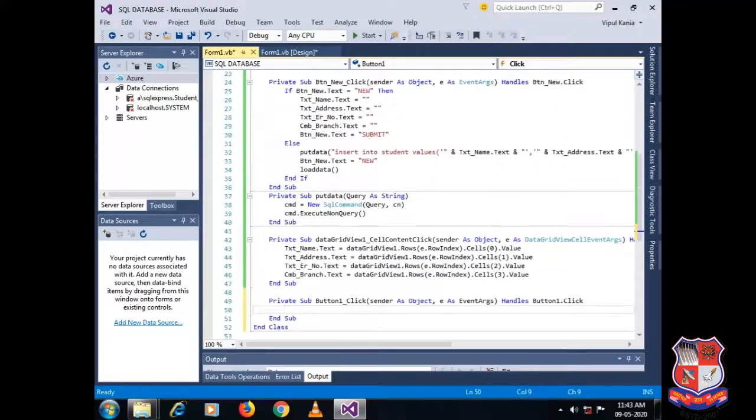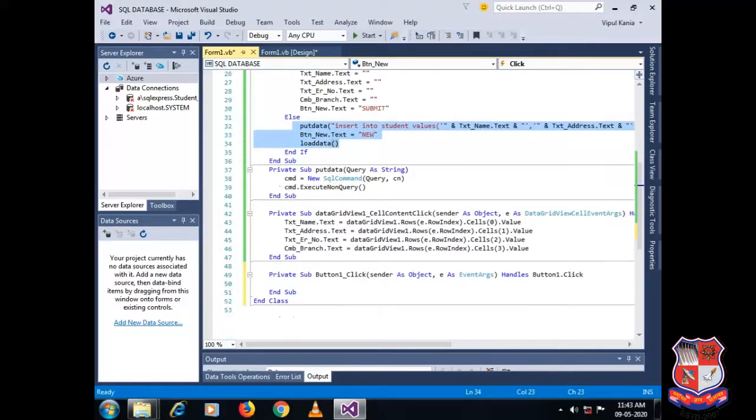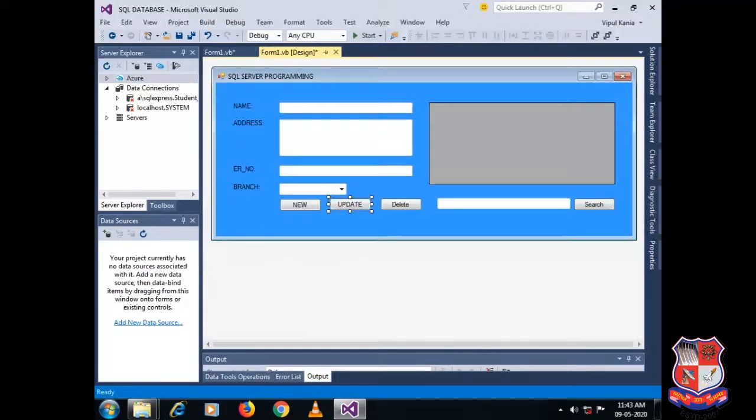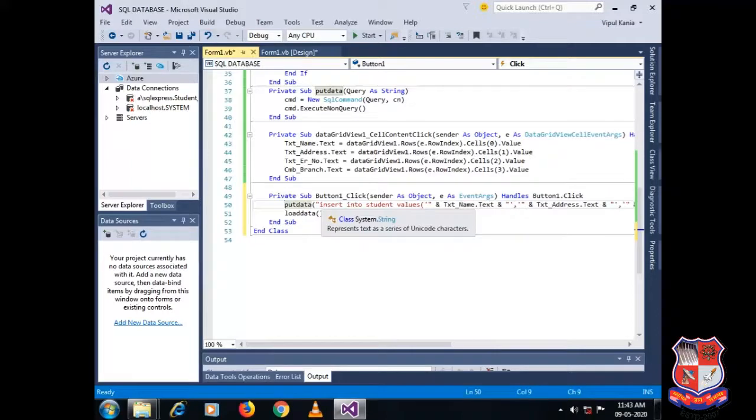For the update button, once again, I need to call this thing, but instead of insert, I am performing the update. I have to write down the query for update.